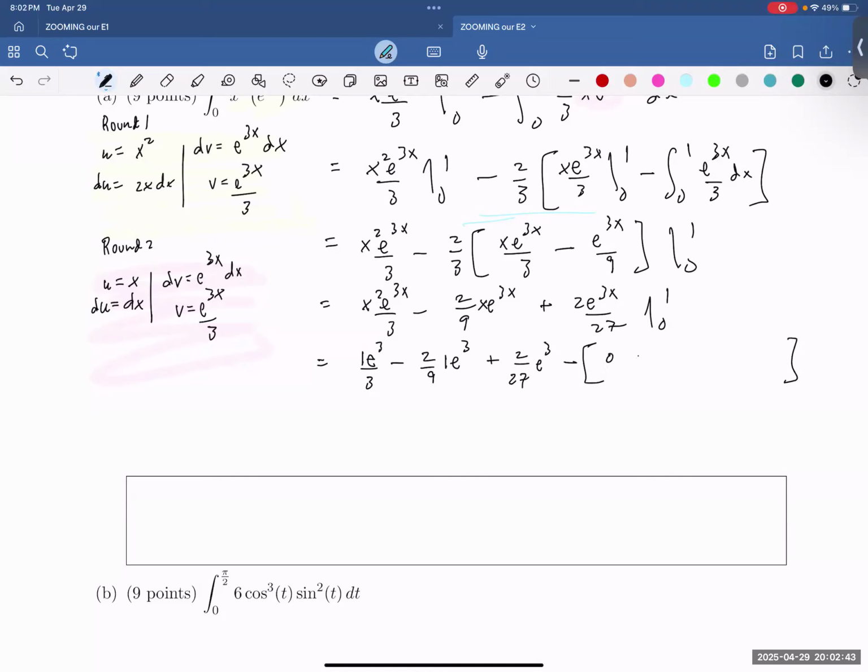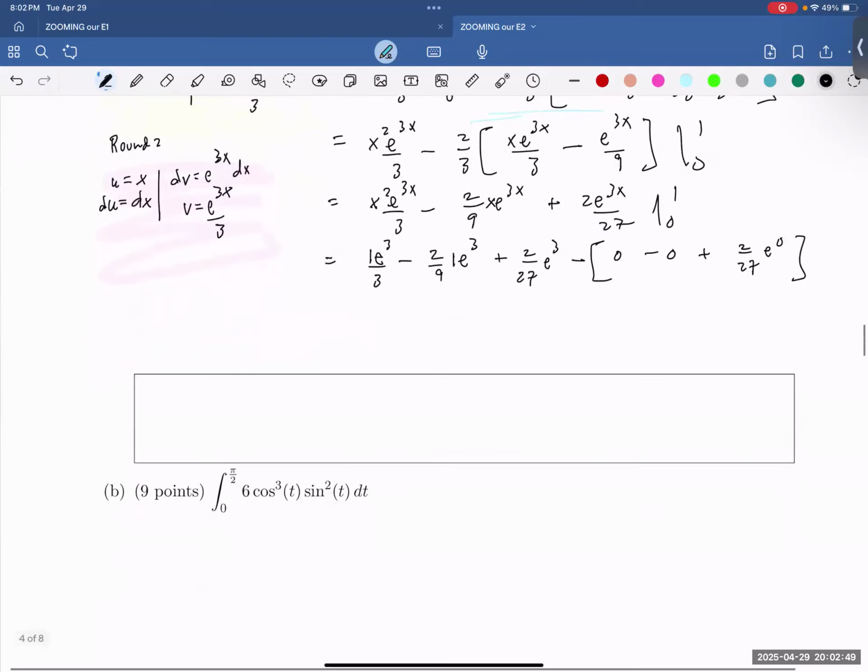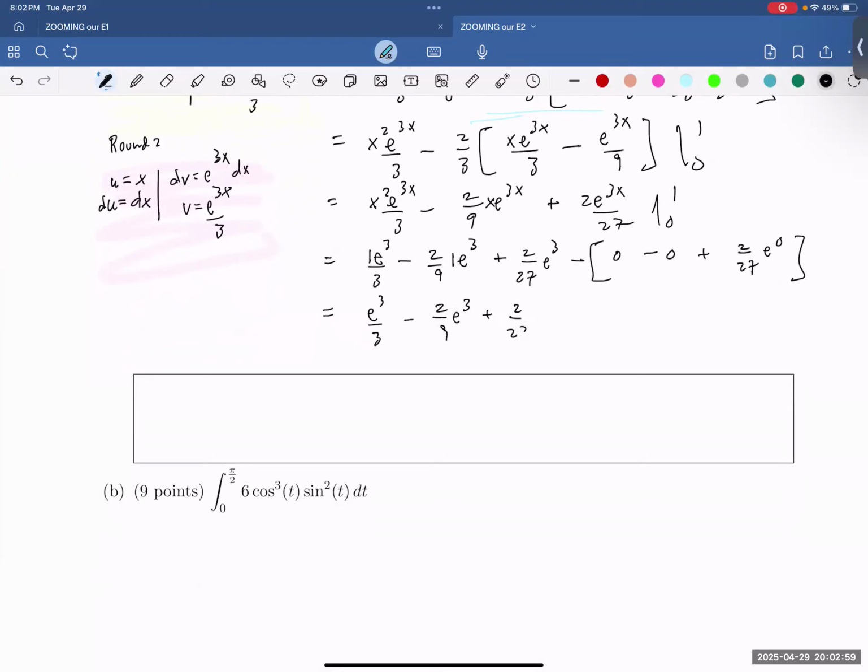It would be 0 minus 0 plus 2/27 e to the 0, which will be 2/27. Okay, so then we get e cubed over 3 minus 2/9 e cubed plus 2/27 e cubed, no, minus